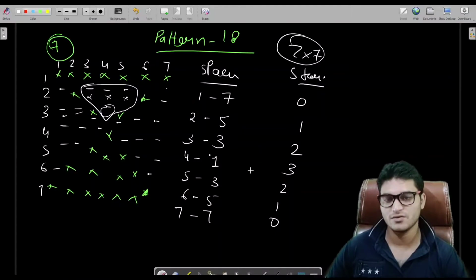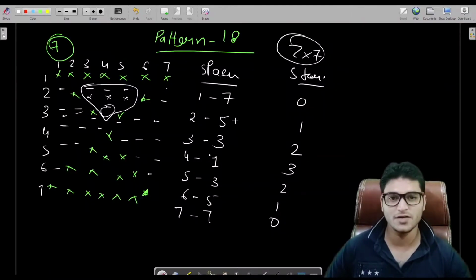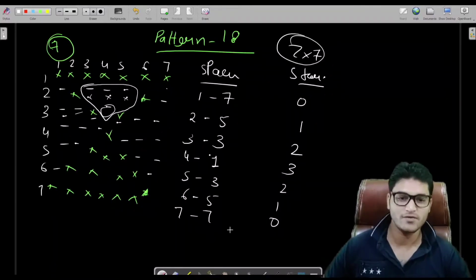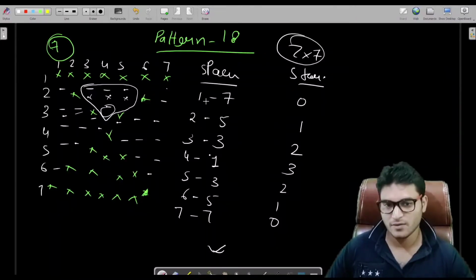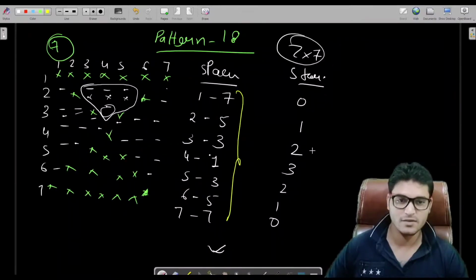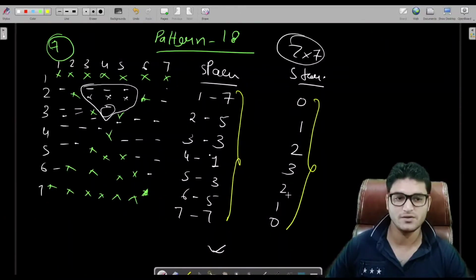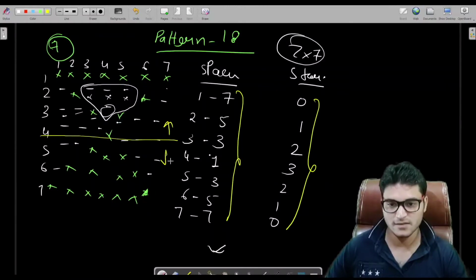Fine. So if you are following this series from the very beginning, then I am very sure that you have already built the logic with the help of these numbers, because I am saying from the very beginning that if you are able to analyze these numbers, then you are 90% done with the program. Why? Let me tell you. In each row we are having this number of stars and these number of spaces. I am treating this as our first half, the upper side, and this is our second half.